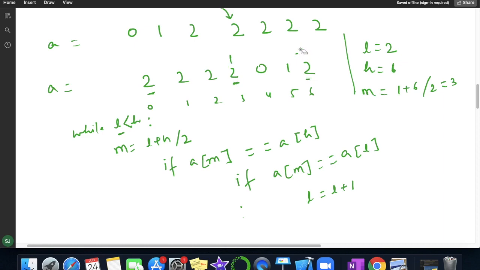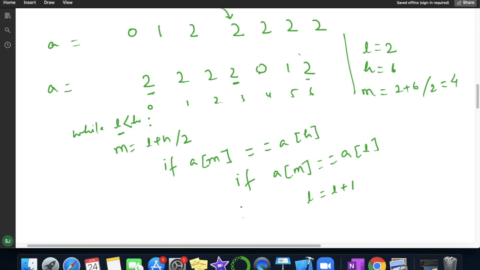Now let us move forward. Now we have to apply the logic between this section. Now again my low is less than high, yes, so we will calculate the mid. This time we got the mid as 4.